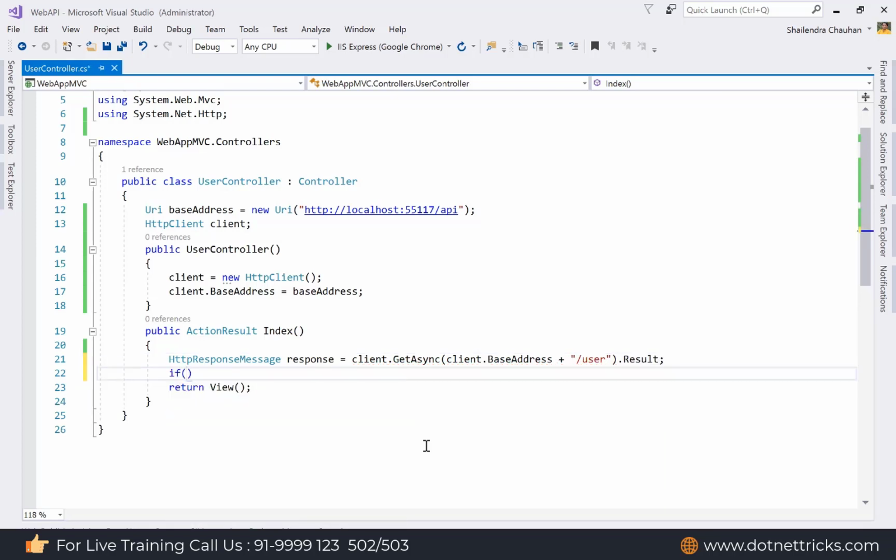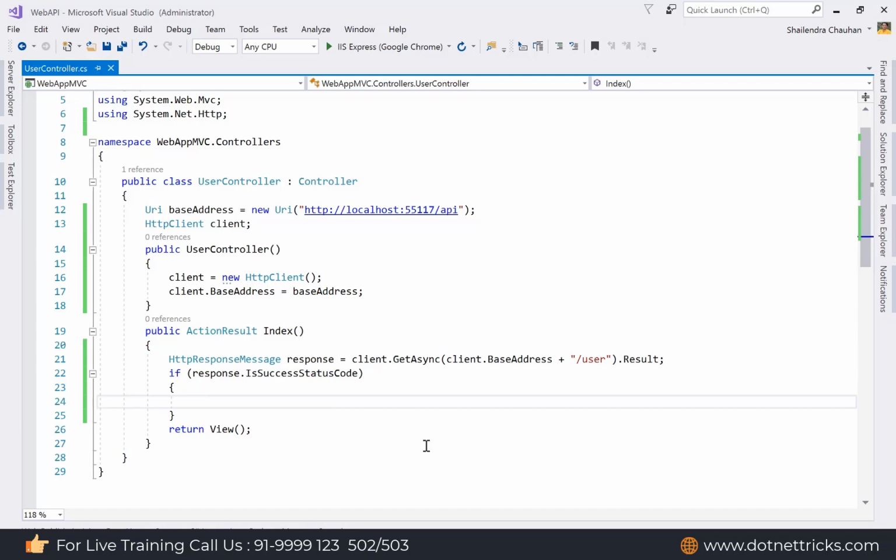Here just verify if response.IsSuccessStatusCode. If the status code is success, it means the request our ASP.NET MVC application is making to our web API has succeeded, so obviously it is returning a status code in the 200 range. The HttpClient object will return the data as a JSON string, so just read that data.